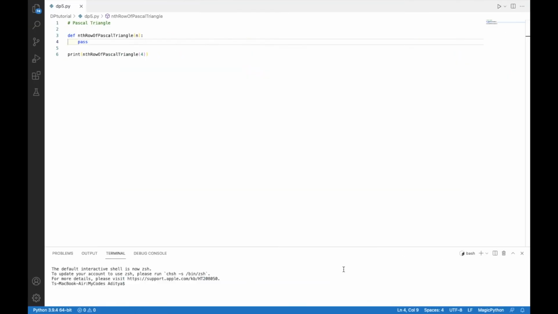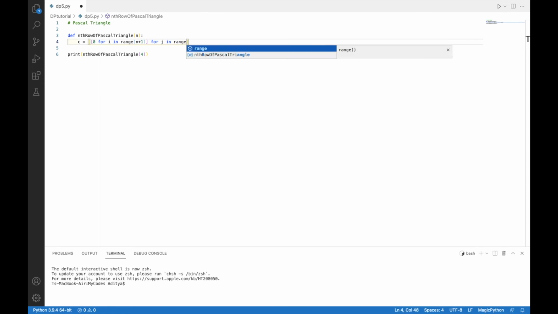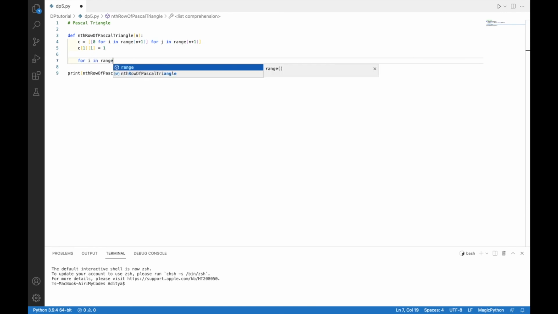Let's switch to our editor and code our solution straight away. Over here we have the function nth row of the Pascal already defined, and I'll straight away start with coding the function. So I'll define C as my 2D array, the table, and initialize all its elements to 0. Now I'm making it n plus 1 comma n plus 1 in dimension because I'll be using one indexing. Now I'll quickly initialize the first element in our table, that is nothing but C[1][1] equals 1. Now I'll iterate in the rows from 2 to n.